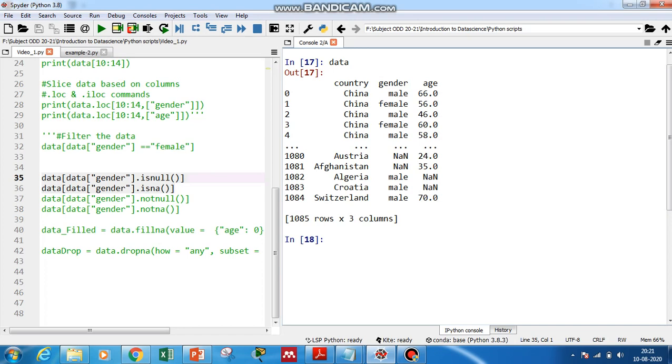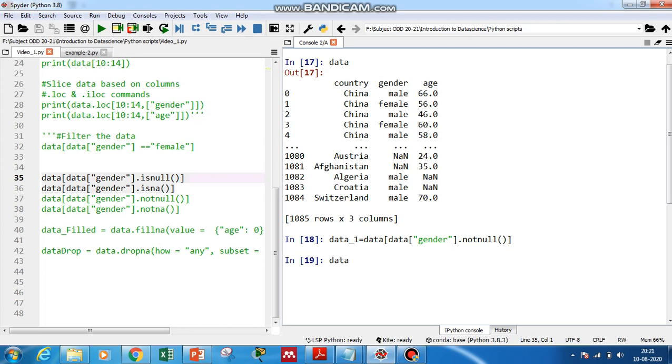So there are some NaN values in gender as well as NaN values in age. We are going to remove the NaN values and clean the data set. How are we going to do that? Let's first take a data frame, data_1, and in this data frame I'm going to store the data where gender is not null. So whichever value under gender is not null, which is a meaningful value, is stored here in the data_1 data frame.